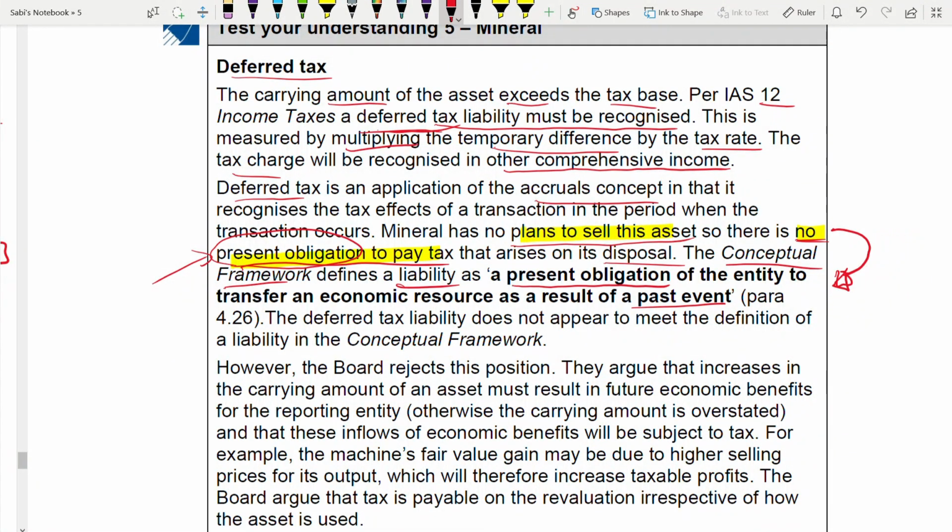Same for asset also. But in asset, it's not present obligation. It's a right, a right from the past event. So past event, whether it's assets or liabilities, comes under both. Okay, the paragraph numbers and all are not needed in your answer. Don't memorize the numbers, it's not at all needed. Okay, so according to this, you told that you have to recognize what? Deferred tax liability, right? This must be recognized according to IAS 12, but this differs from your conceptual framework because according to that there is no obligation to pay this tax. So you see, you get your answer already.